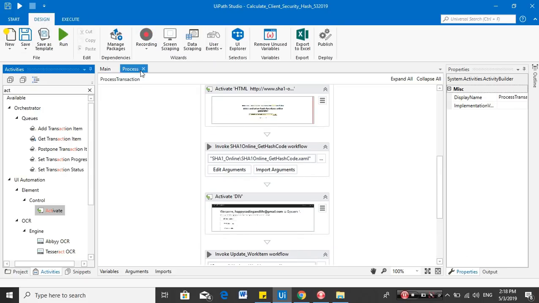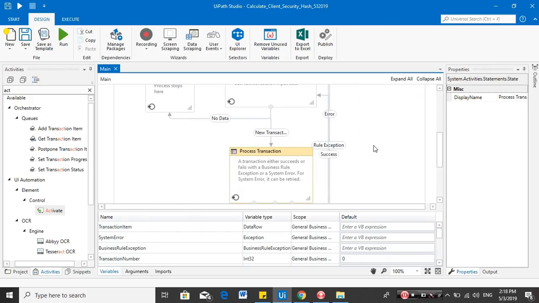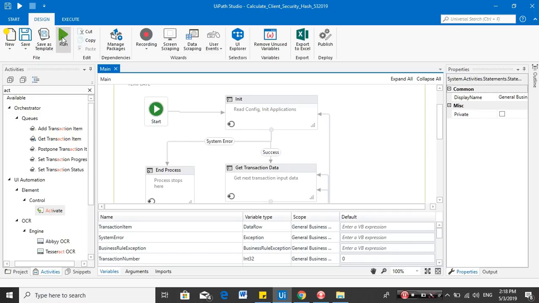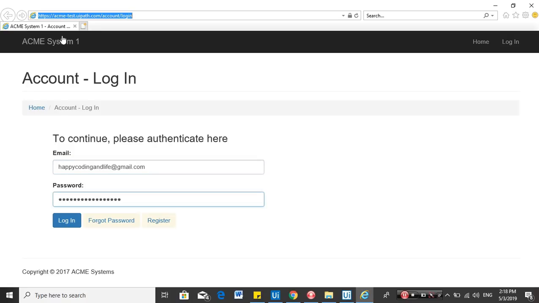Save that and go to the main workflow and then run. So I think we made it. We have completed it. So just make sure to follow the instruction completely, especially those formula for getting the client information